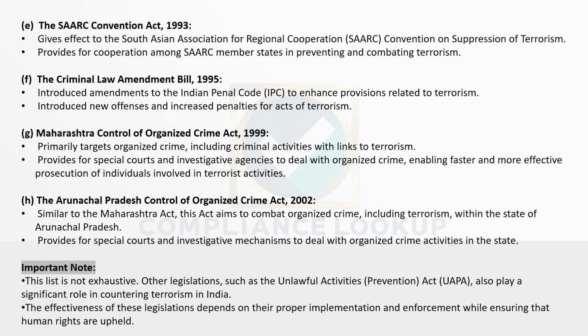Conclusion and important note. While these laws form the legal backbone against terrorism and threats to civil aviation, they need to be implemented properly for them to be effective. Other important laws like the Unlawful Activities Prevention Act (UAPA) also play a significant role. It's crucial to maintain a balance between national security and human rights so that counter-terrorism measures don't infringe on civil